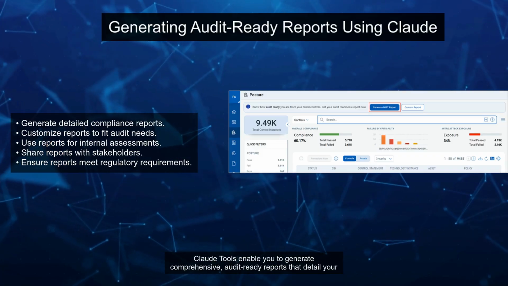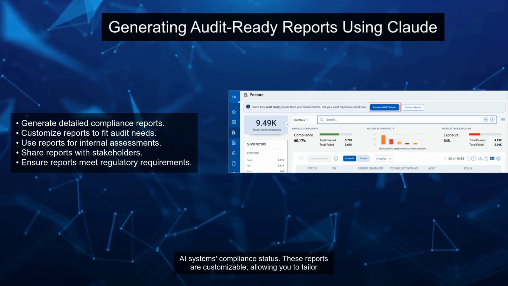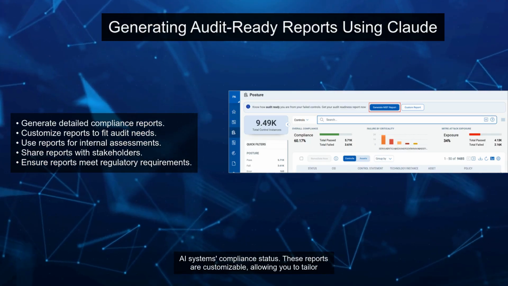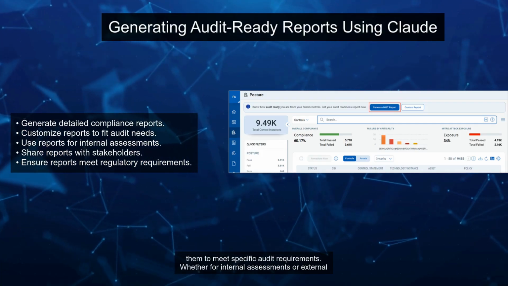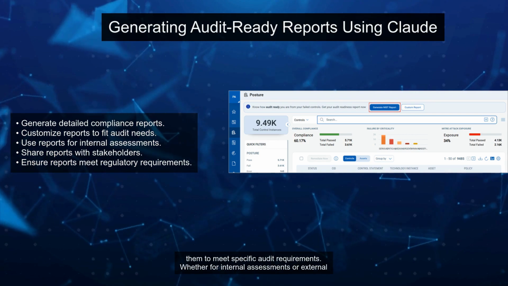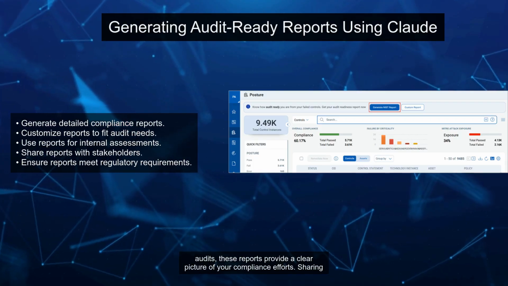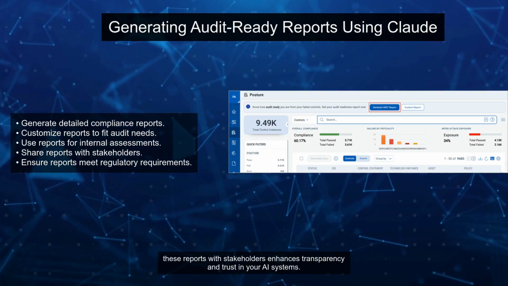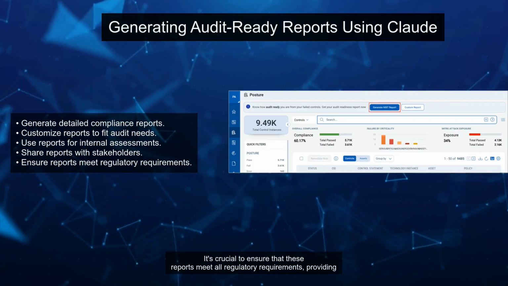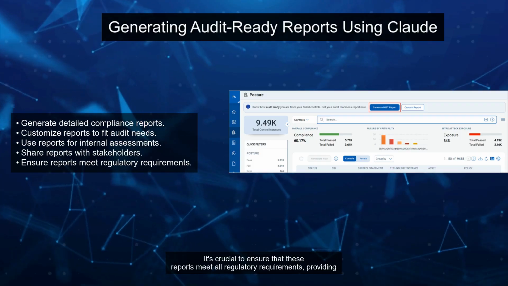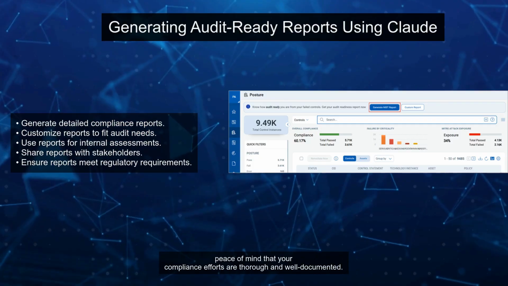Claude Tools enable you to generate comprehensive, audit-ready reports that detail your AI system's compliance status. These reports are customizable, allowing you to tailor them to meet specific audit requirements. Whether for internal assessments or external audits, these reports provide a clear picture of your compliance efforts. Sharing these reports with stakeholders enhances transparency and trust in your AI systems. It's crucial to ensure that these reports meet all regulatory requirements, providing peace of mind that your compliance efforts are